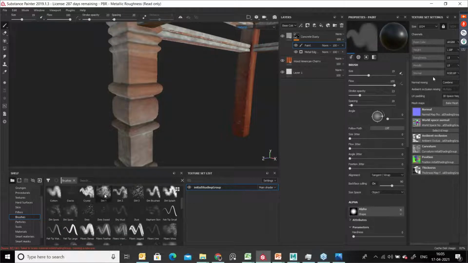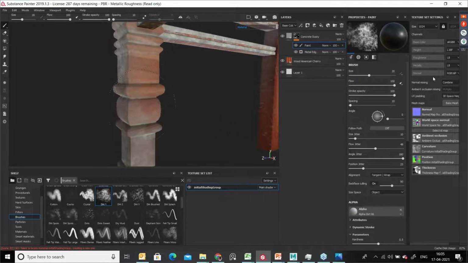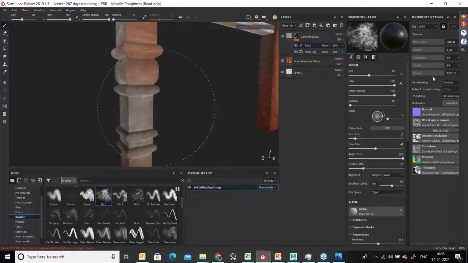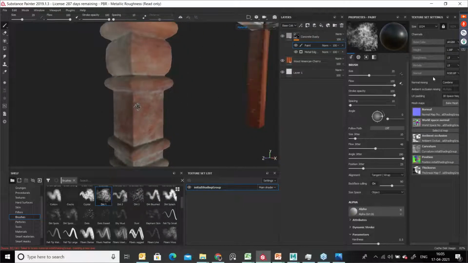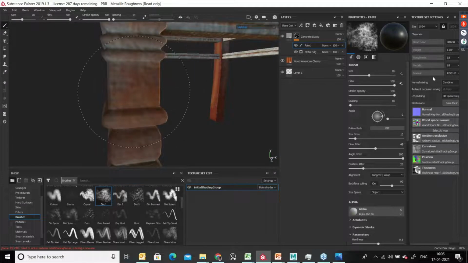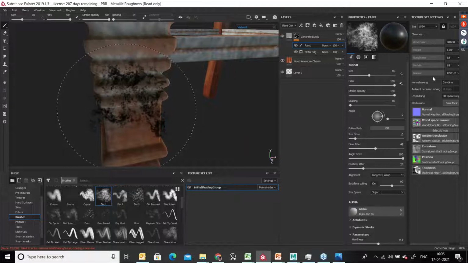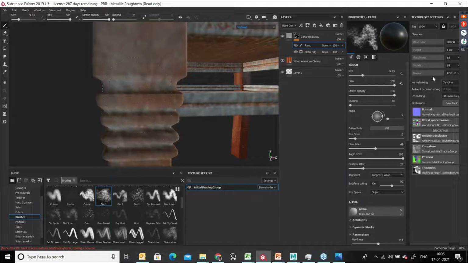In that you can choose a dirt one or dirt two. That will be great. See here, this is nice, no? You can see the change, right? So it will be great, right? So you can reduce the brush size because that accurate result will come.